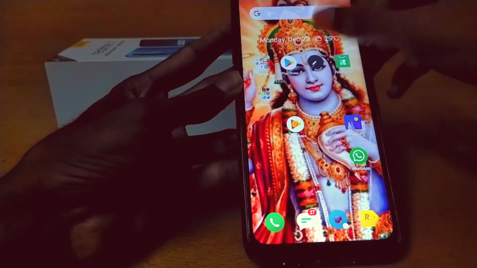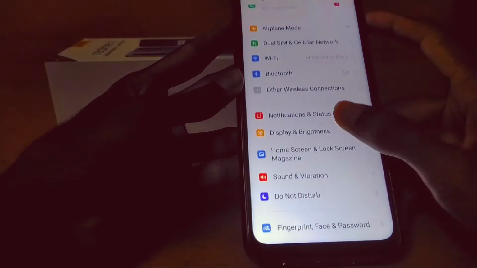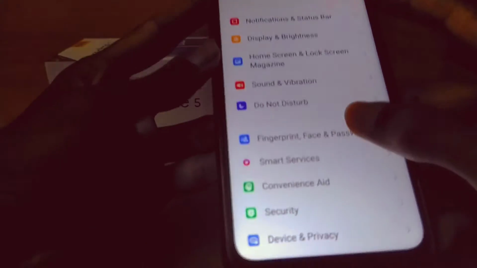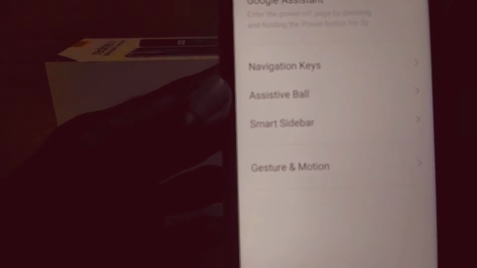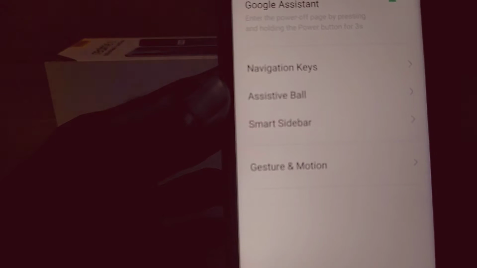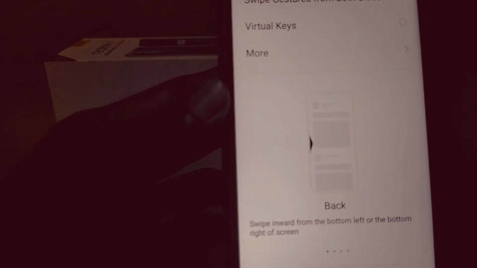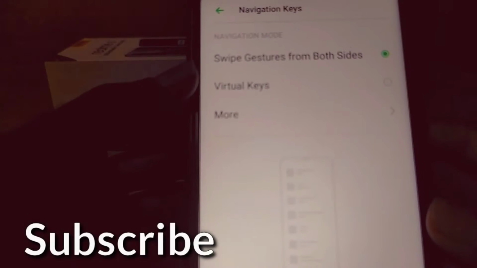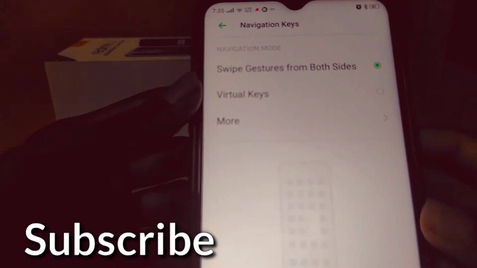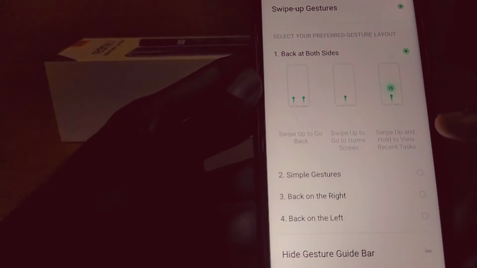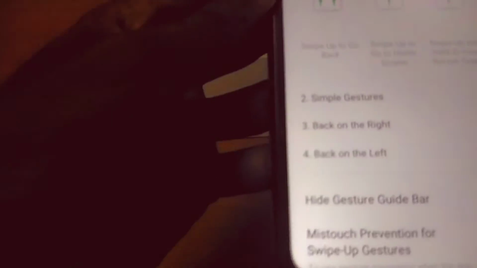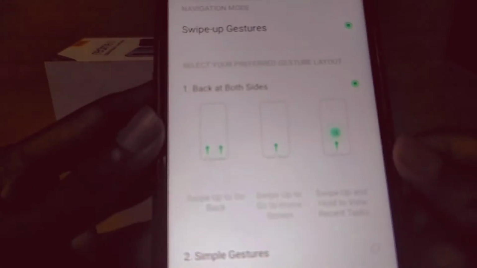So what you have to do is you have to just go to the settings and find the option called convenience aid. So you get 3 options: navigation keys, the assistive balls, and the smart sliders. So in the navigation keys, you are going to get 3 options, that is swipe gestures from both sides, virtual keys, and more. So if you click on more, you get swipe up gestures. You can turn it on. So there are 4 types of gestures, that is back at both the sides, and